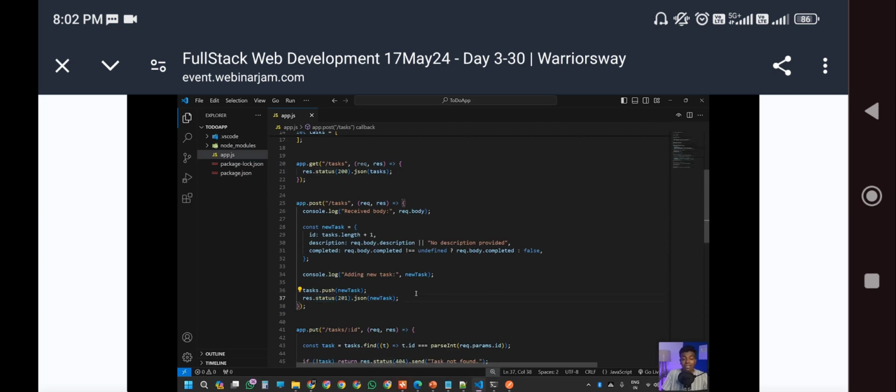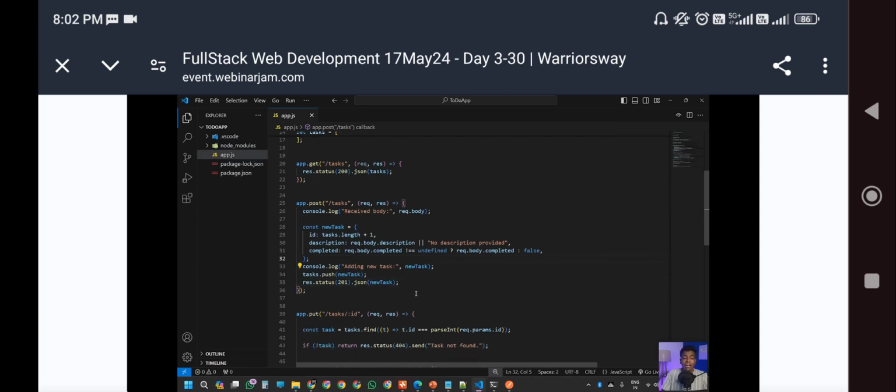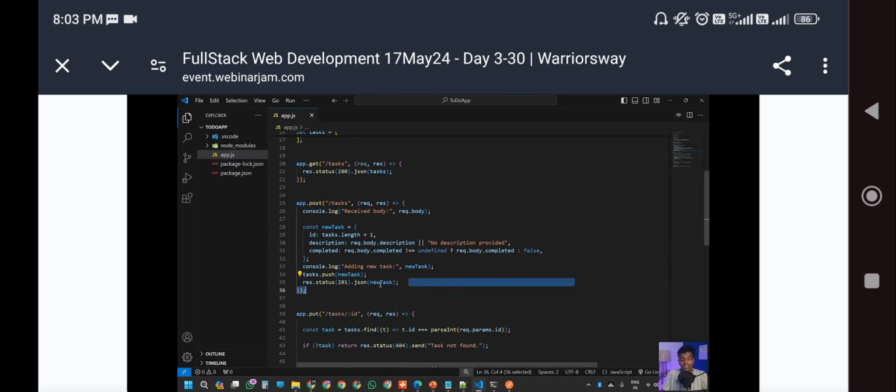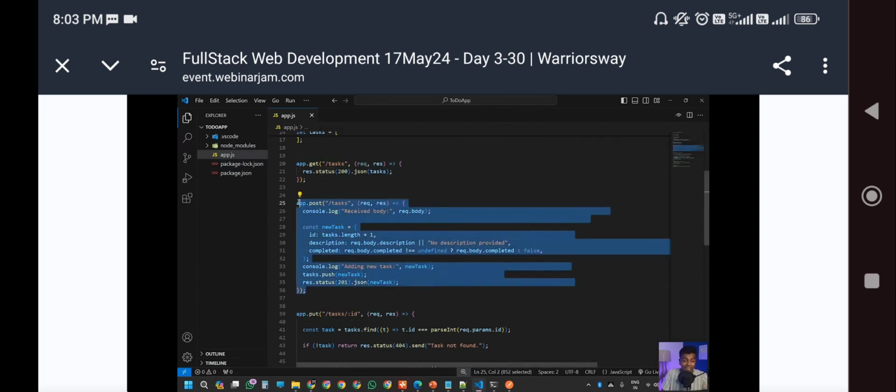It is going to make sure whether it is confirmed. Okay, the request which we have sent is confirmed. That's what that 201.json new task has been. Even if you're really getting confused, you just enable this command and check that out. Respond with the 201 created status and the new task. So it is updating the status that one new task has been added successfully, because it completed the process. So it is just responding with the status 201 to confirm that